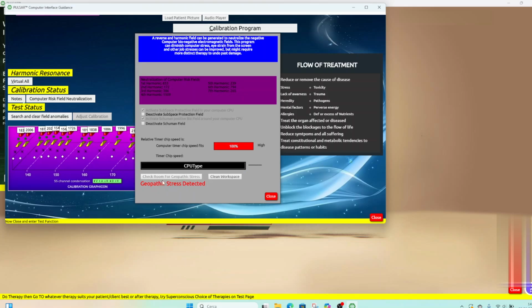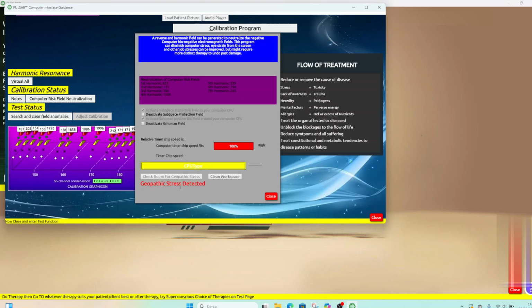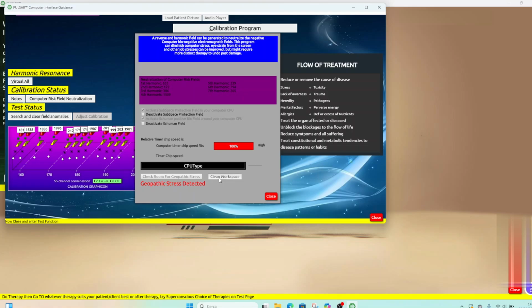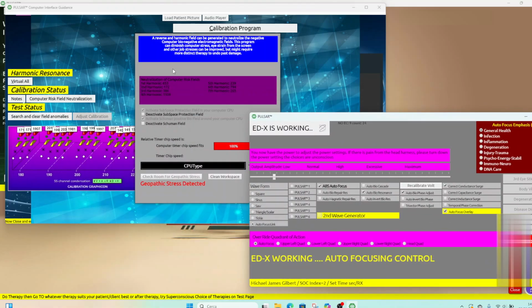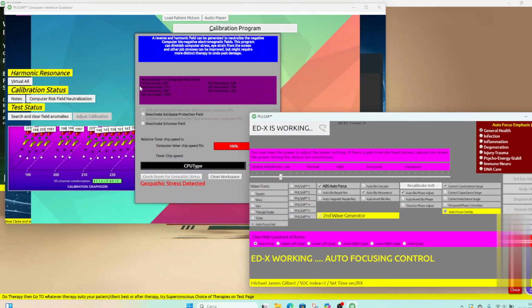Okay, so some geopathic stress is detected, so we can clean the workspace and we can harmonize this geopathic stress with these harmonic frequencies that you can see here,